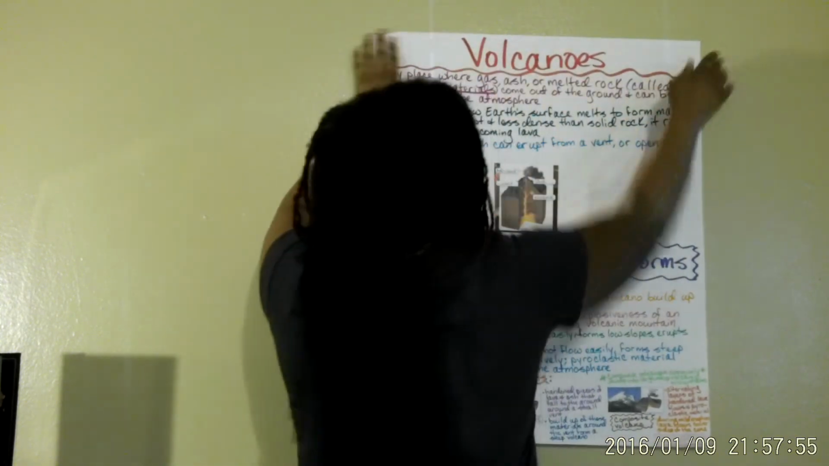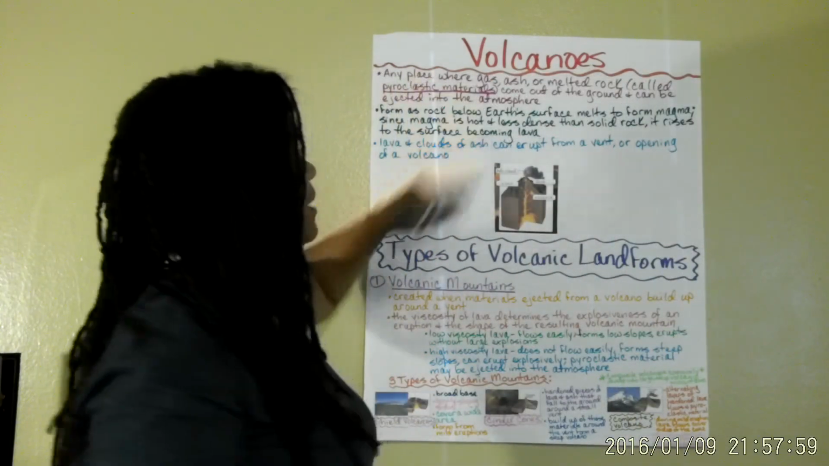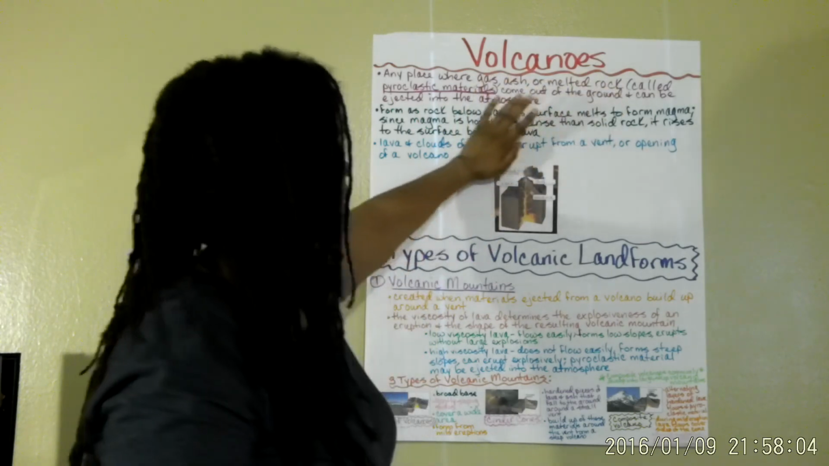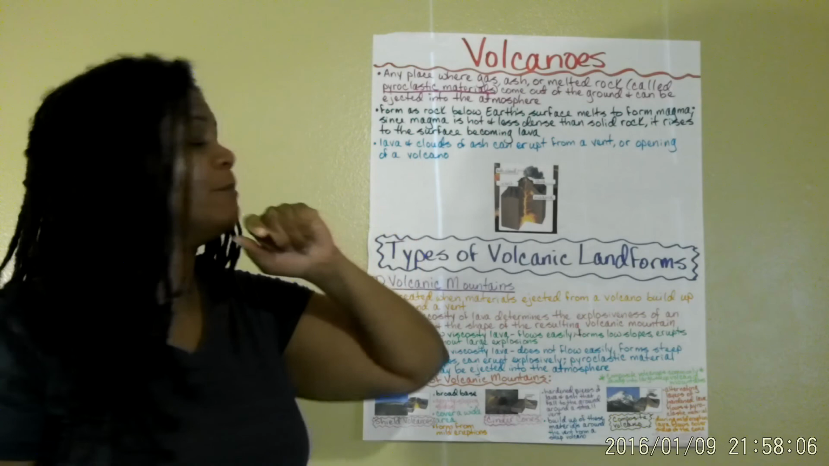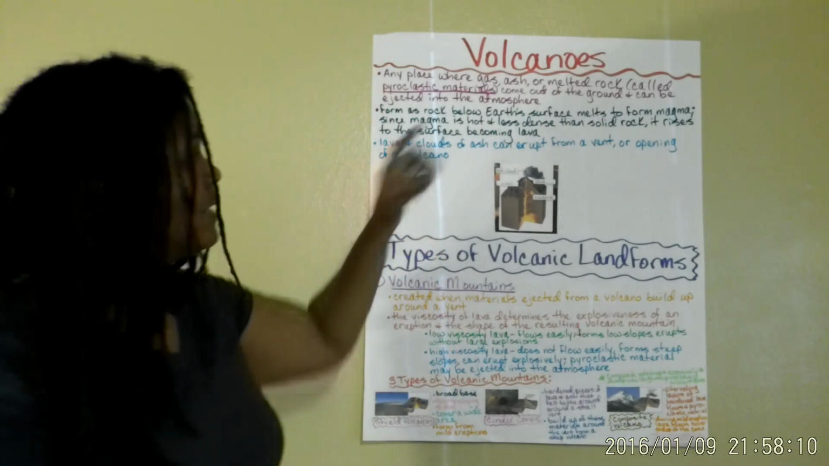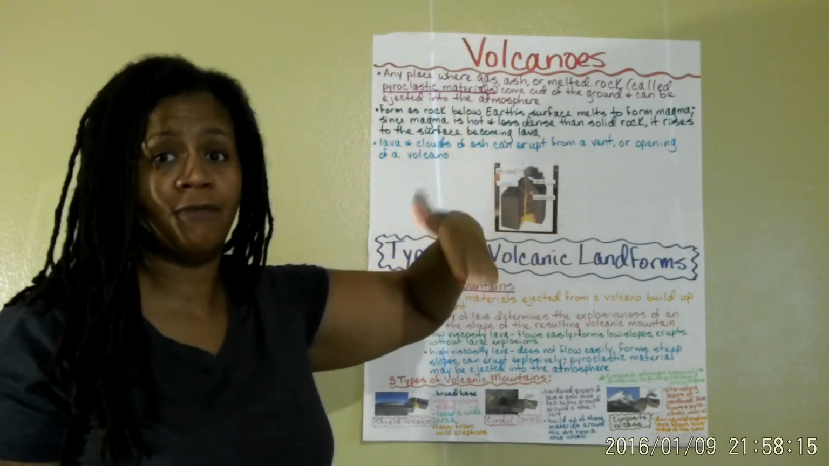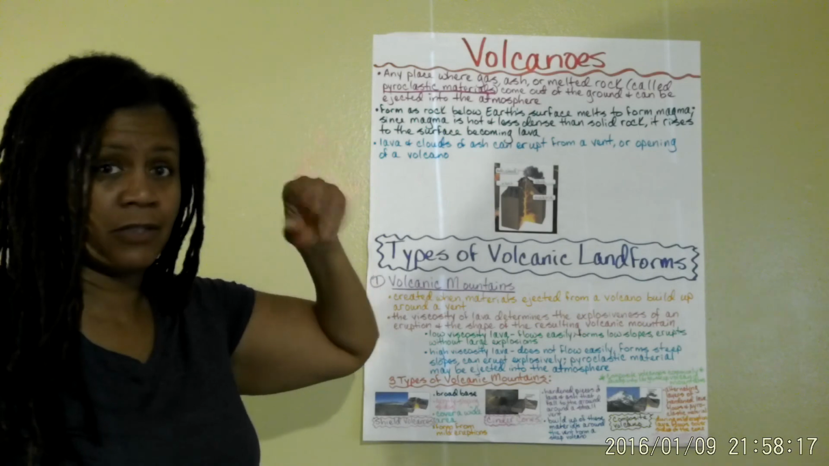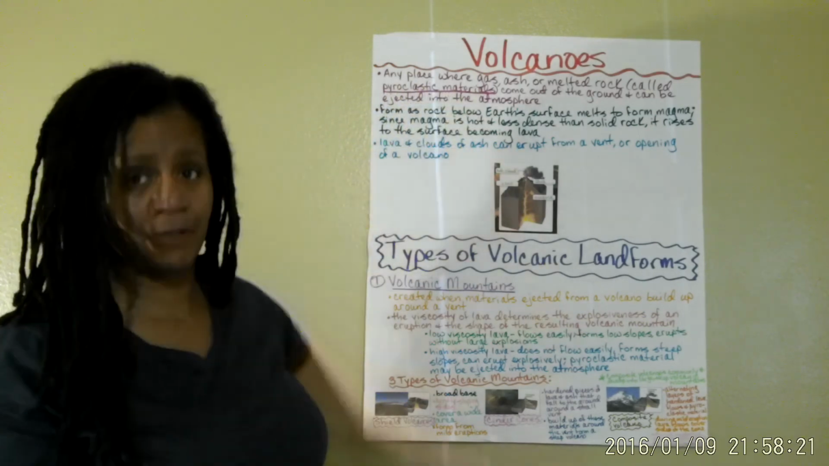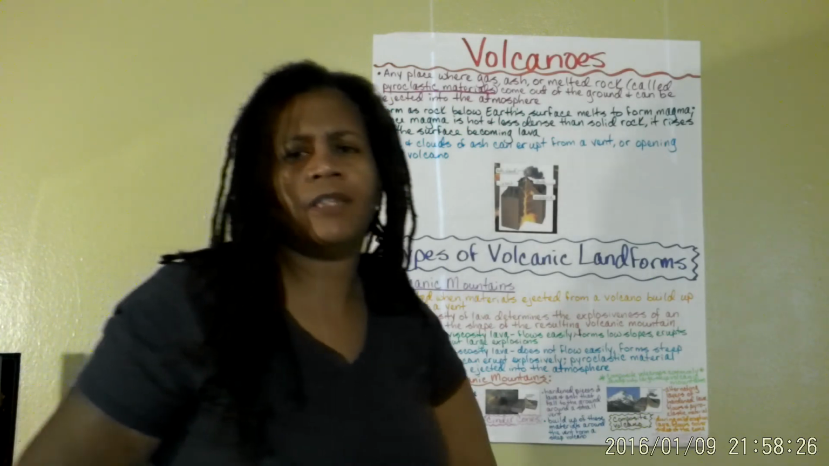All right. So, a volcano is defined as any place where gas, ash, or melted rock comes out of the ground and can be ejected into the atmosphere. Okay? And there's a name for that gas, ash, or melted rock that gets ejected into the atmosphere. It's called pyroclastic materials. Okay? So, and I think that was on the